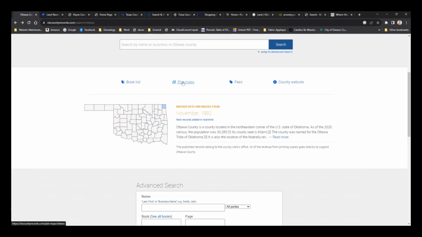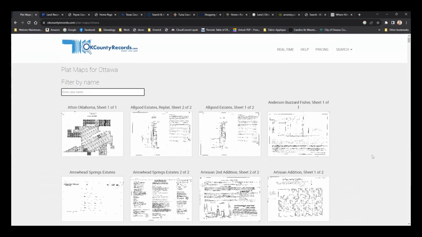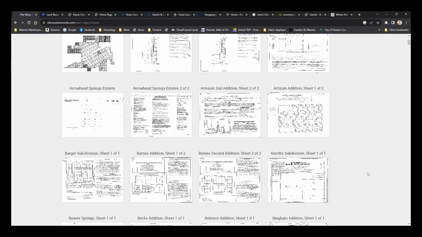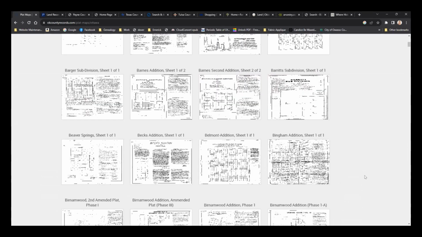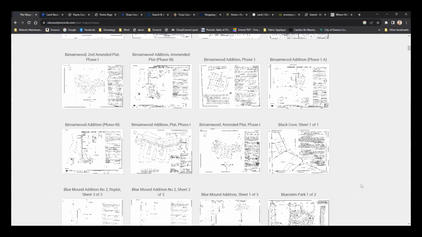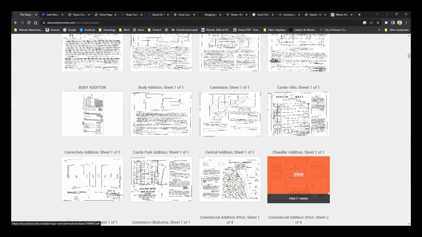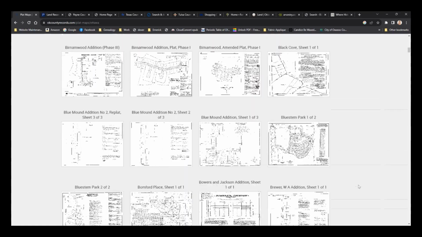There's plat maps. Plat maps are wonderful. Sometimes they show you the neighbors, especially if you know a subdivision to look at. I've done lots of research where I was trying to figure out the neighborhoods, the people in the neighborhoods, and these plat maps were very helpful.